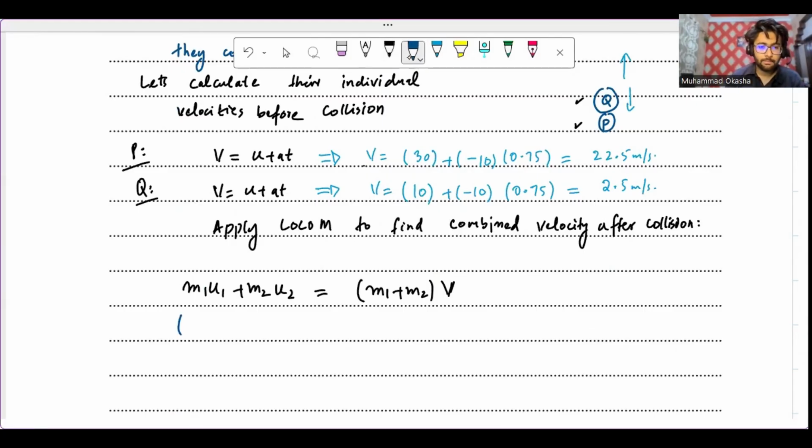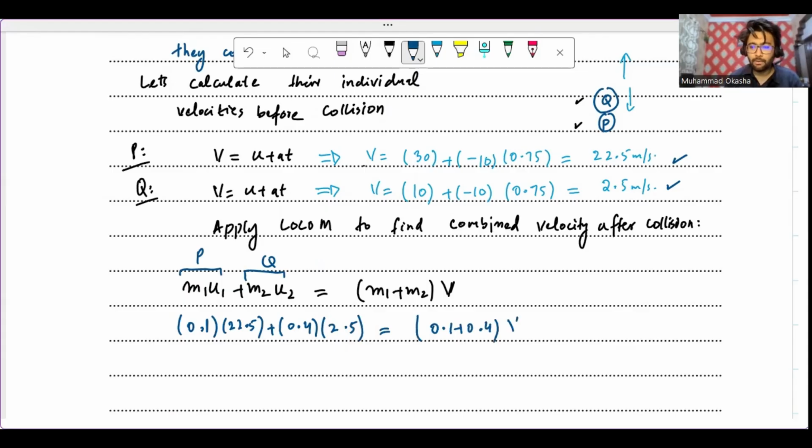So we know that this is about particle P and this is particle Q. Particle P has a mass of 0.1, right? And this is their velocities before collision. Before collision, the velocity of particle P was 22.5, plus the mass of particle Q is 0.4 and the velocity before collision was 2.5. Their masses are added, so 0.1 plus 0.4, and we need to work out their final